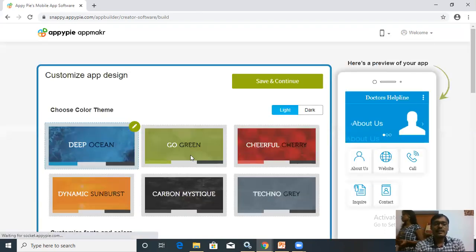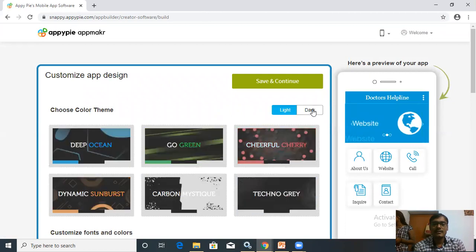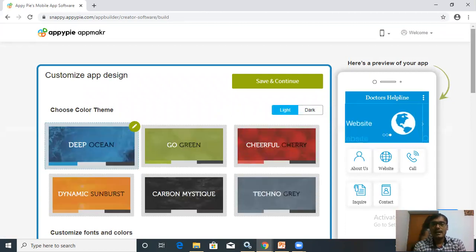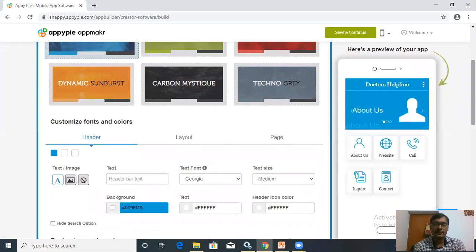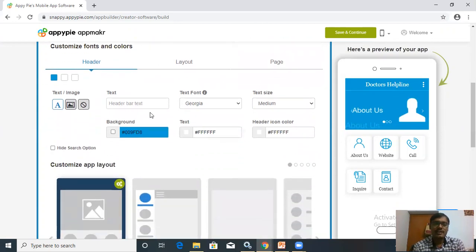Here again you can change your theme like dark or light, and you can also customize your settings of your app. Customize fonts and colors, layout, page. You can customize your text font, text size. You can also customize your background text color, header icon color.